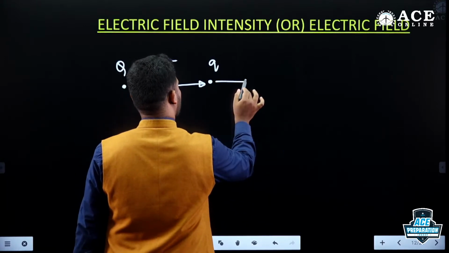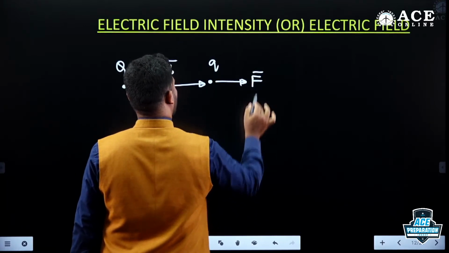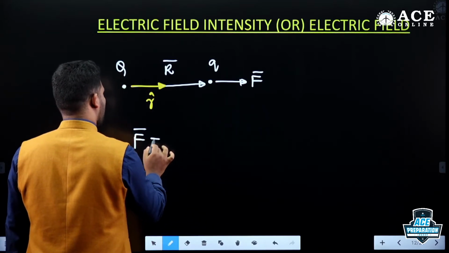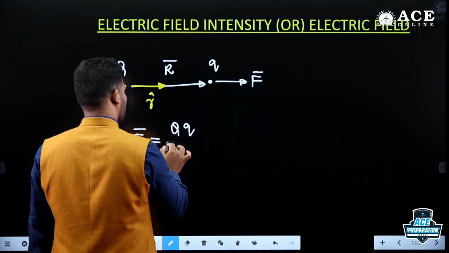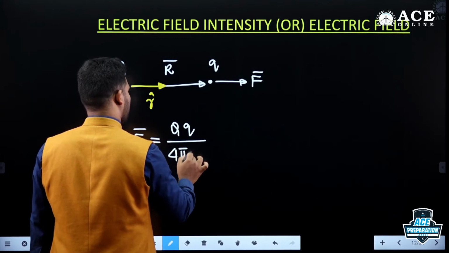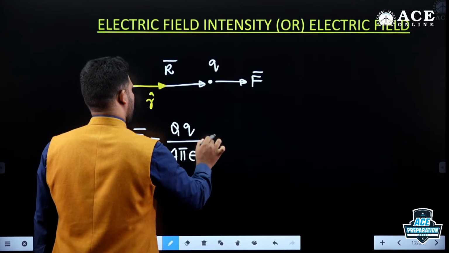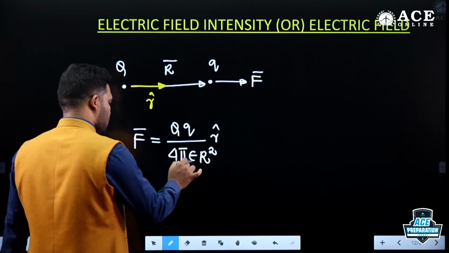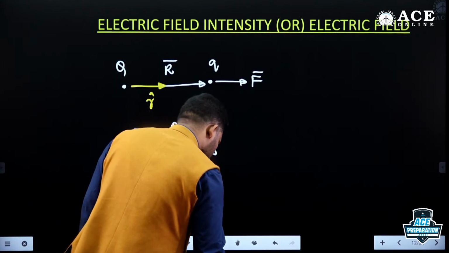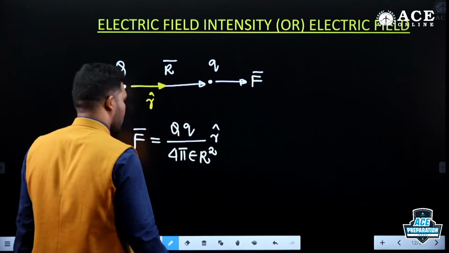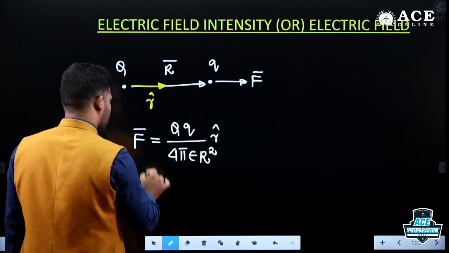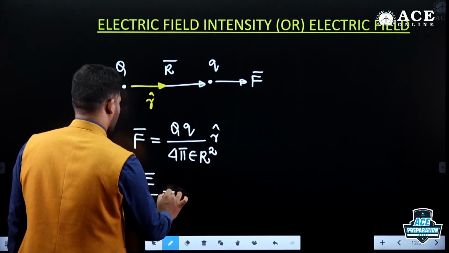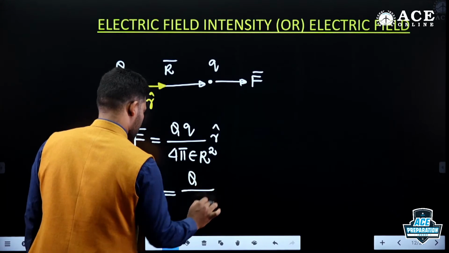The force between these two is F. So what is the force expression according to Coulomb's law? F is equal to Q into q divided by 4 pi epsilon R square into R cap. Clear? Now I'll bring this small q to the other side. F by q is equal to Q by,